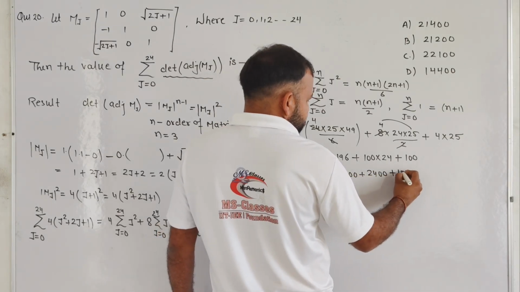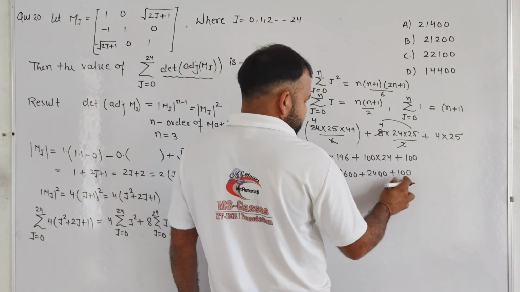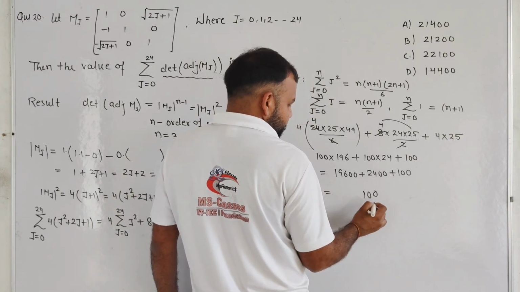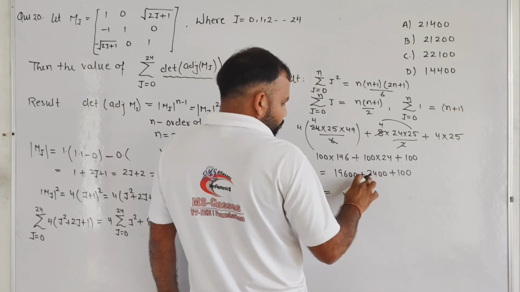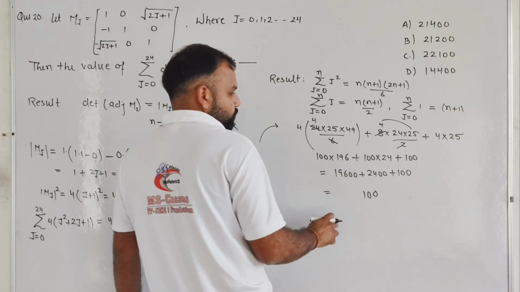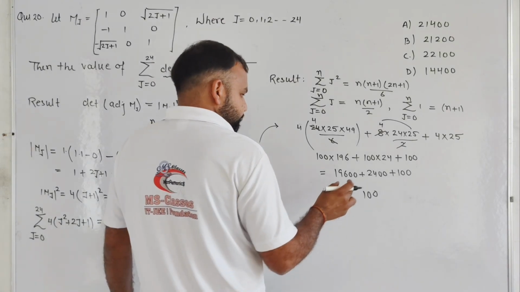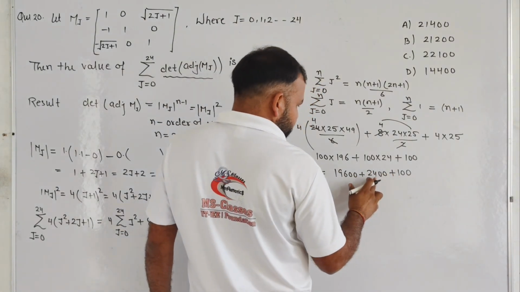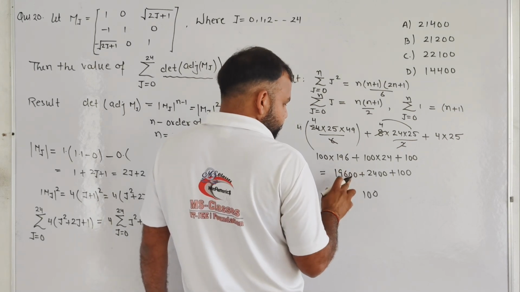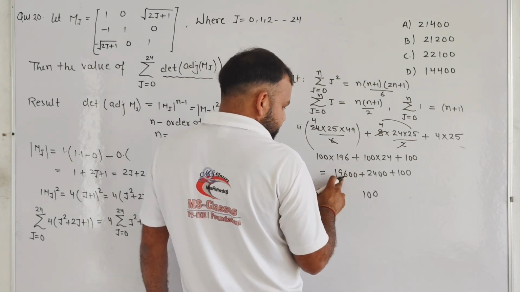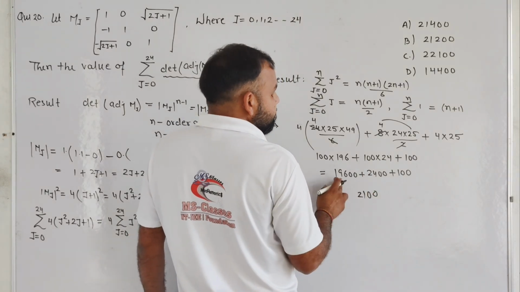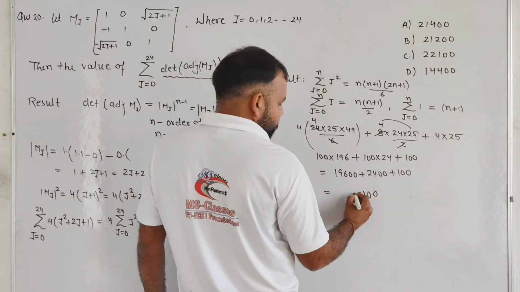2400 and 100. Student, you can see 0 0, 1 plus 4 5, 5 plus 6 11, 2 2 to 4 4 or 4 plus 9, student, I'm calculating again, 1 plus 4 5, 5 plus 6 11, 1 1 1 plus 9 10, 10 plus 2 12, 1 1 plus 1 2.